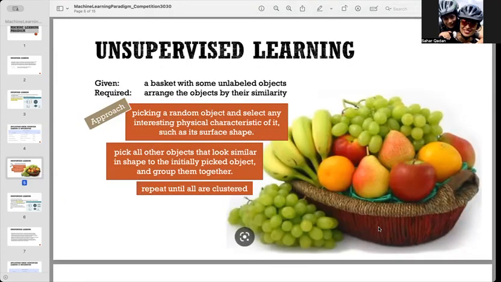Now, next is the second paradigm, which is unsupervised learning. It's basically like if you have a person whose eyes are hidden and you have this basket of fruit, and this person who doesn't see the basket would like, according to some similarity between the objects, to pick a random object and predict or know what kind of fruit it is according to the physical characteristics of the fruit that you pick, maybe